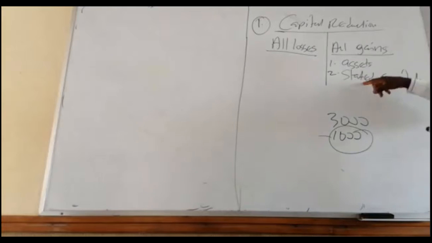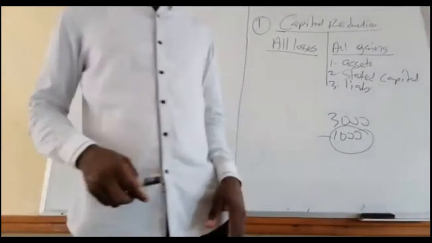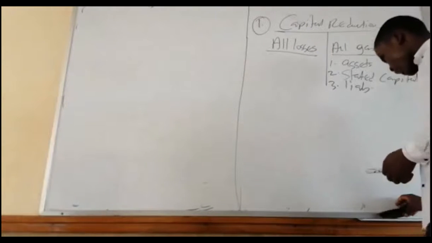So immediately, I record the gain at where? Capital reduction account. At what side? Gains. At the right side or the credit side. Then you are done. All gains. Then number three, you can also get a gain from liabilities. Gains from where? Liabilities. Maybe you owe a creditor. That's the discount received. You owe a creditor about 2,000 cedis, and you wrote to the creditor that,